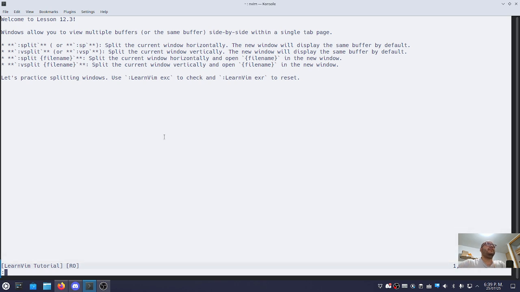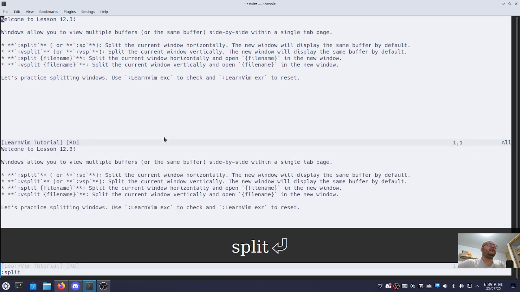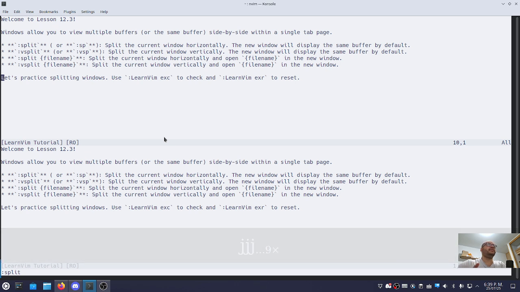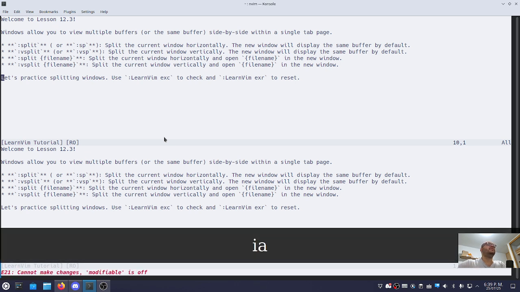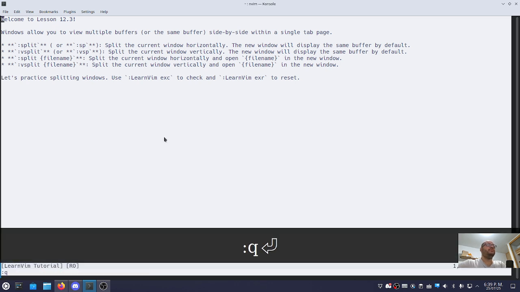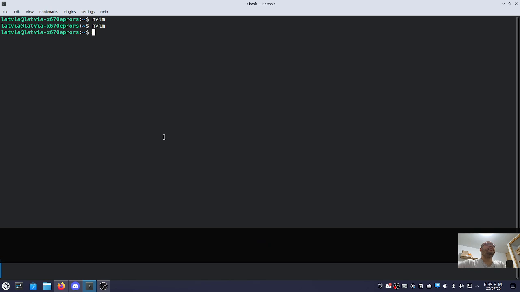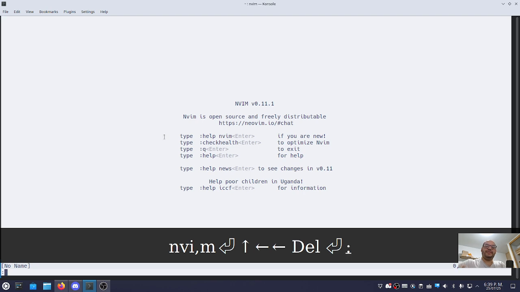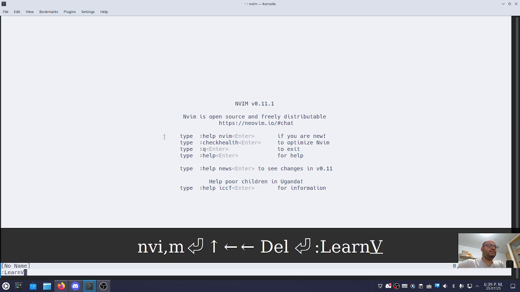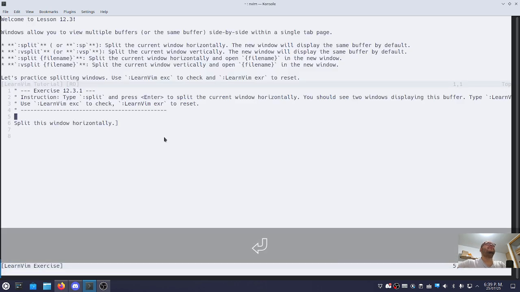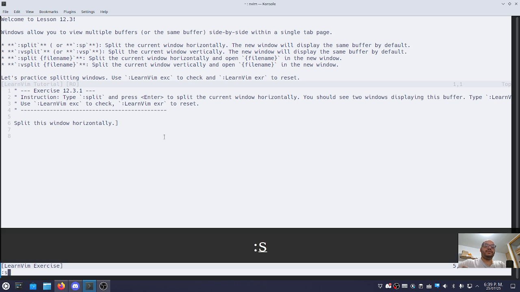And an interesting thing, if I do a split again and go here and start editing, like I do insert, I cannot because it's not modifiable. So let's do :q and let's do :q again. I should have opened the tutorial. If I do split